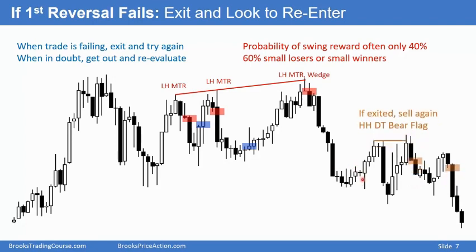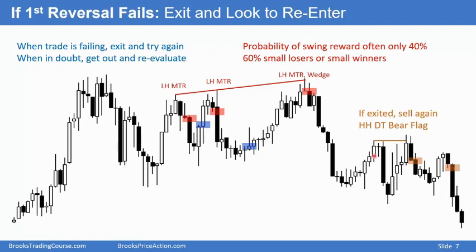If a trader exited, let's say a trader exited above this high, we have a bear breakout, so this is a major lower high. We broke above it, but it's still a possible double top bear flag, and then we have a very good bear bar. A lot of the bears would sell again below that bar, and they'll sell again here as well. We have a double top trying to reverse down. We're pulling back from the breakout below the double top. Here's the breakout below this double top, and this is a pullback short below that bear bar,